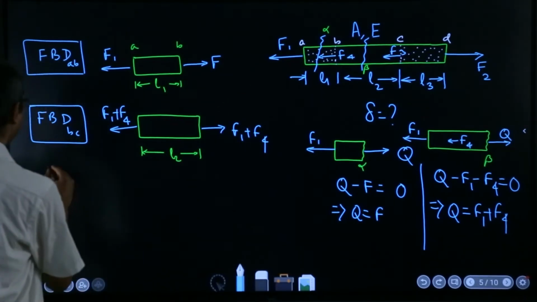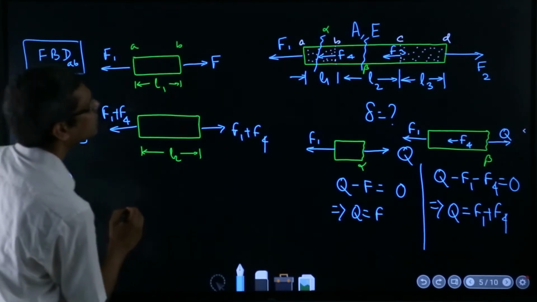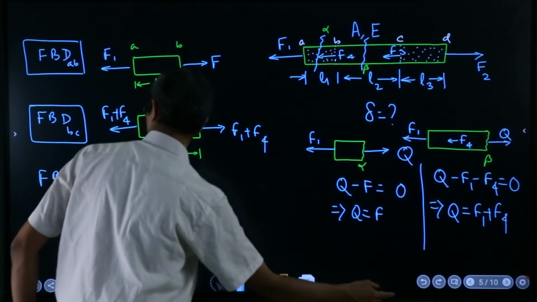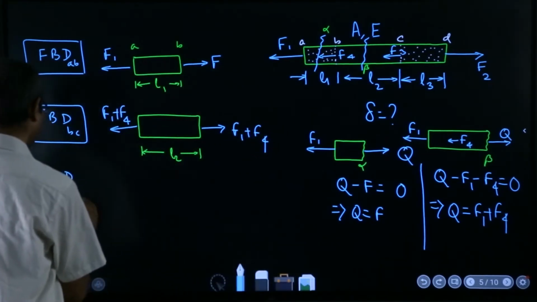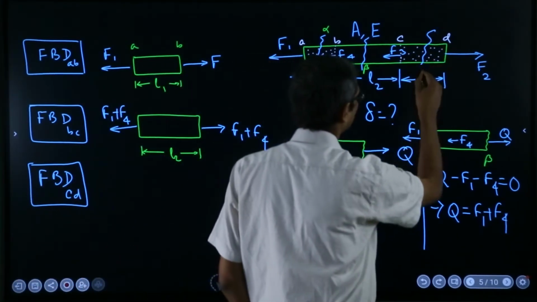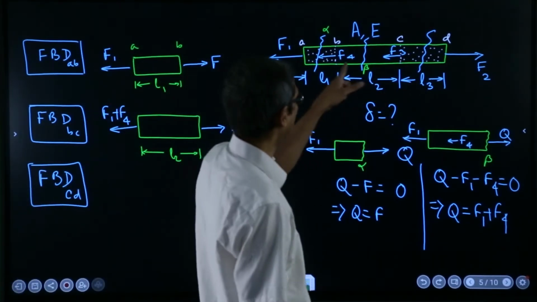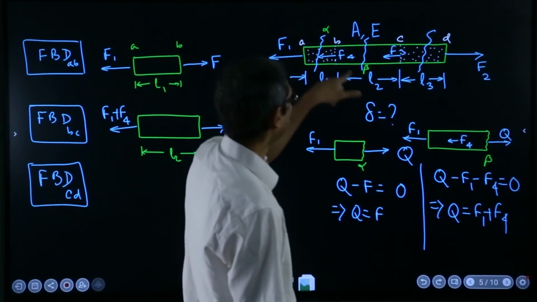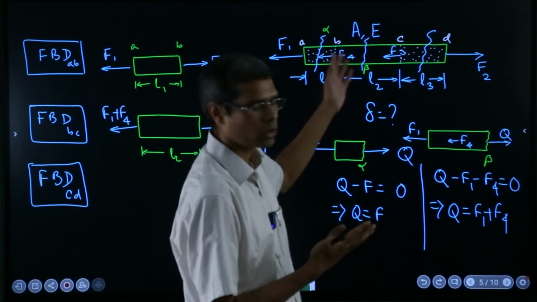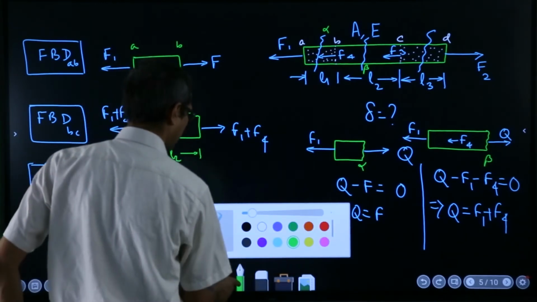Let's say the FBD of that is CD, right? Now CD, if you come here at a cross section, you can say that it's F2, because I could have added F1, F4 and F3, everything there, but that's in a way more complex. So on this side there is only one force, so I'll draw the free body diagram like this,